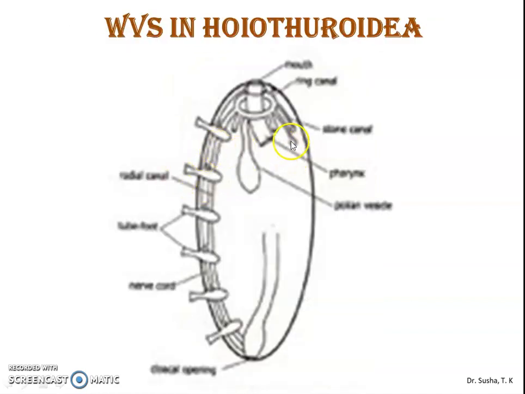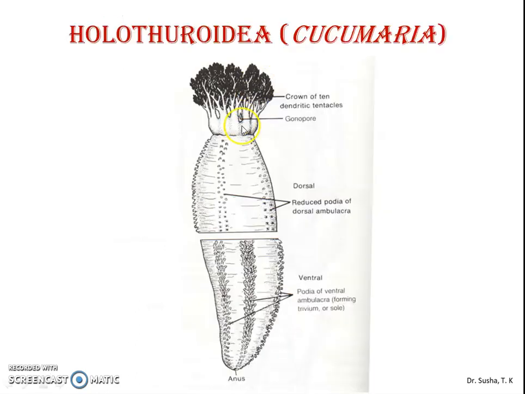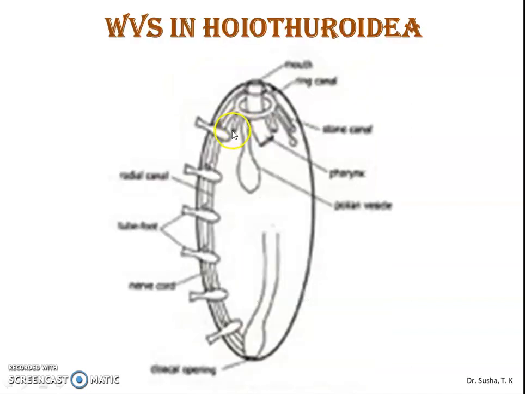On the dorsal side, tube feet are used for respiration and sensation. Another main difference is that here the madreporite hangs into the body cavity. This madreporite is located internally below the pharynx, and it does not communicate with the exterior. From the madreporite, the stone canal reaches the ring canal, which is present around the esophagus. From the ring canal, 5 radial canals arise and travel to the oral region, giving branches to the tentacles. These are the tentacles, and then they travel aborally.